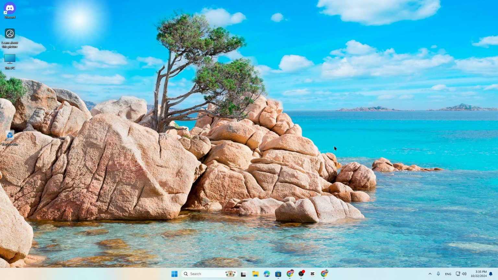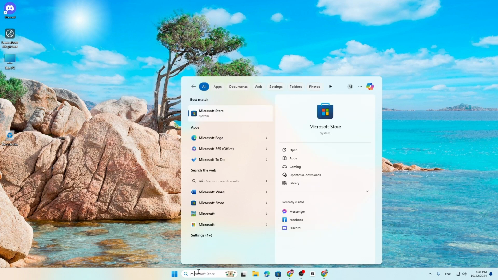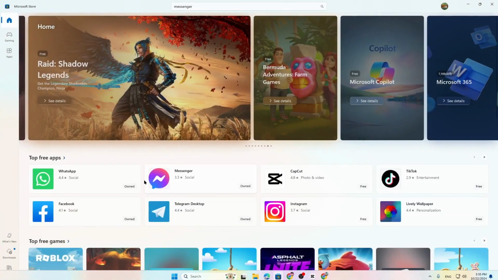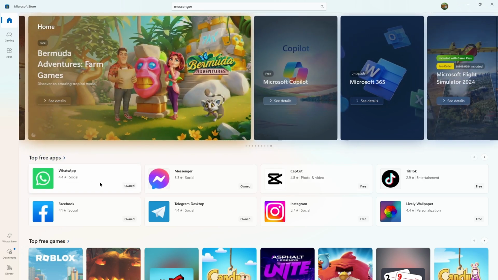Today I'm going to show you how to download the WhatsApp app onto your Windows operating system for free. You just need to come over to your search option and search for Microsoft Store. After that you will get the Microsoft Store, and then you just need to click to open it, and if you open the Microsoft Store you will get a home top free apps option, and then here you will get